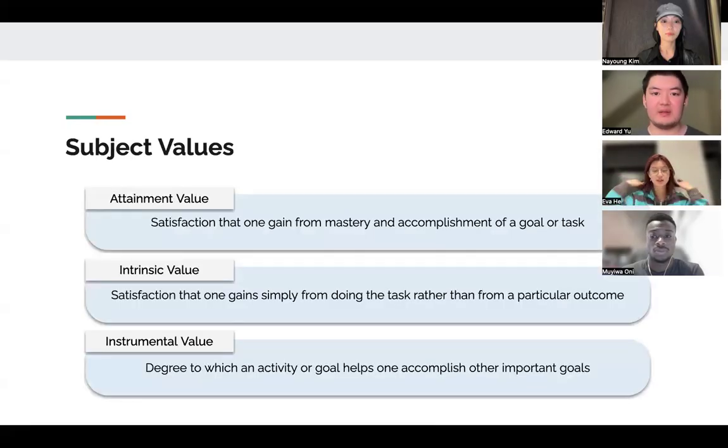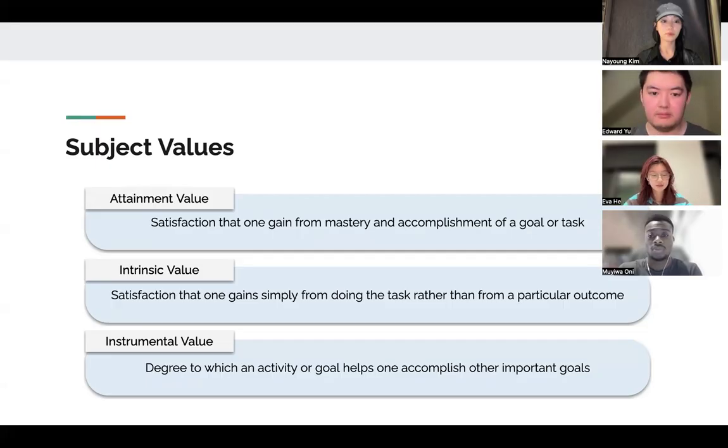Okay, so in this section, I'll introduce the subjective value, which refers to how important or worthwhile a learning activity feels from a student's own perspective. According to the reading, students are more motivated to engage in learning when they perceive a higher value in a goal or a task. The book identifies three main determinants of the subjective value for